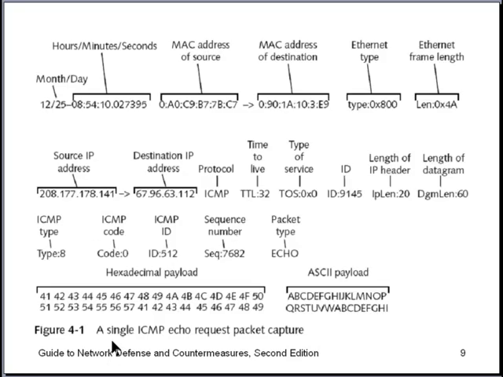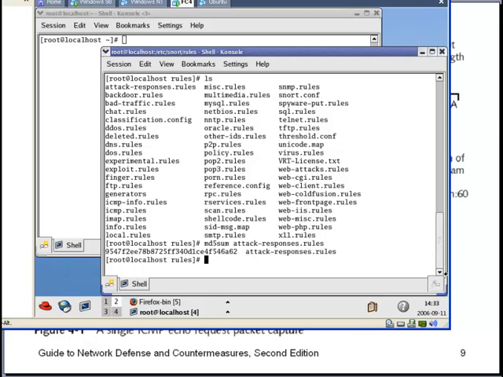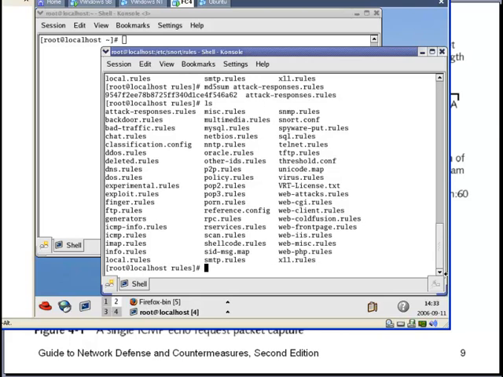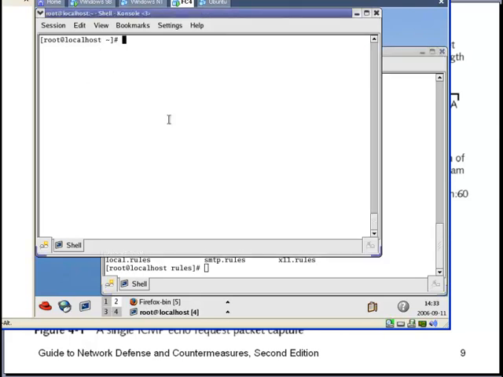Okay, this is looking at an example of a single ICMP echo request packet capture. Let's take a look at that right now. Let's capture some of these. First of all, let's look at